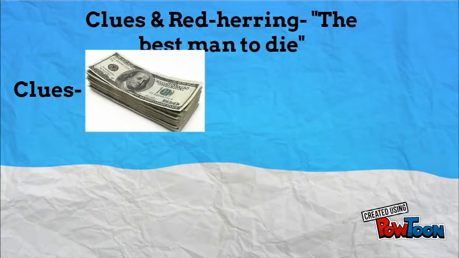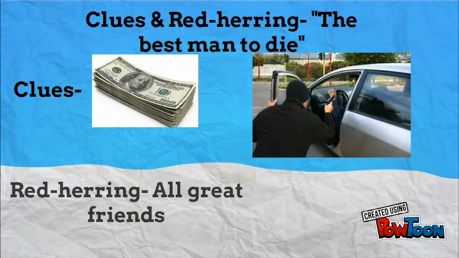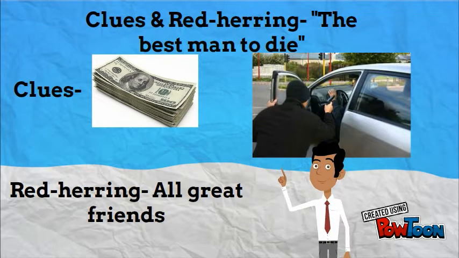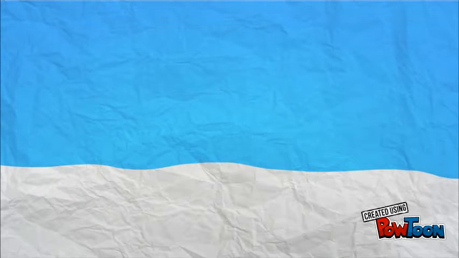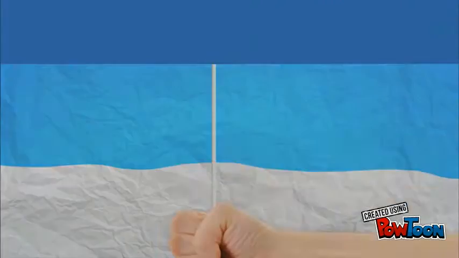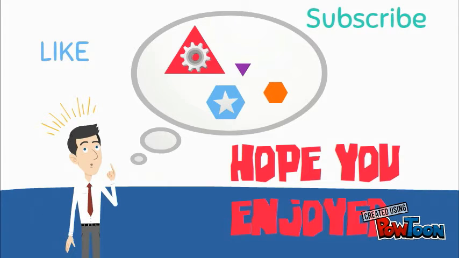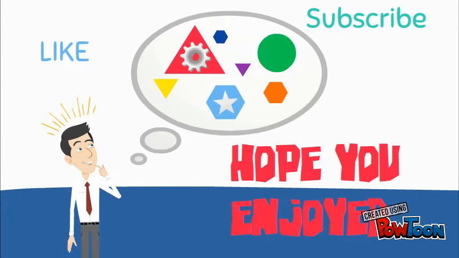The clues in The Best Man to Die are the amount of money the victim was making on his little paid job as a lorry driver, and the fact he was being carjacked 3 times a week. In The Best Man to Die, red herring is the fact that they were all great friends and wouldn't kill each other. I hope with the knowledge of this video you will know how to create a crime fiction story,